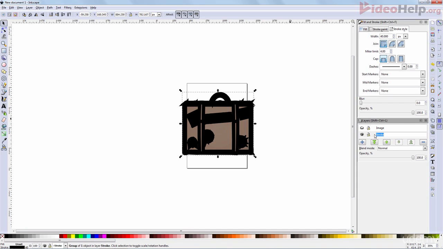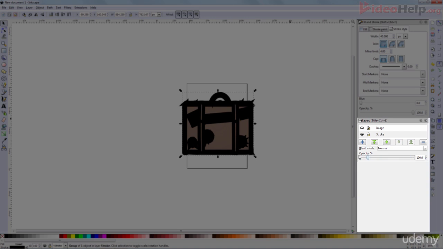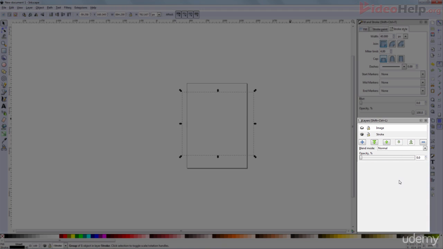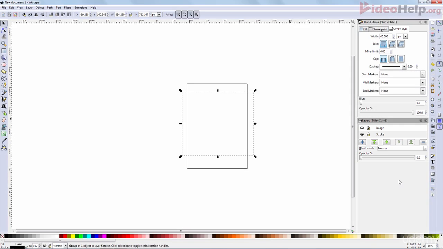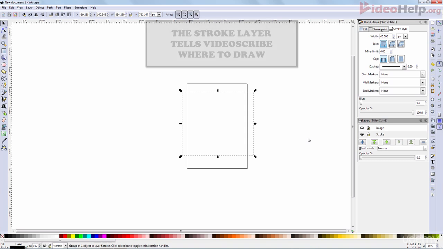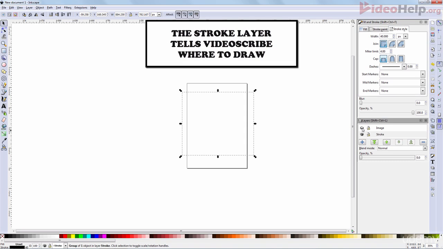Once you've set your stroke, go to the Layers window and set the stroke layer's opacity to 0. The entire image will disappear. It's still there, it's just completely transparent. The stroke layer is simply the data layer to tell VideoScribe where and how to draw its lines, as we